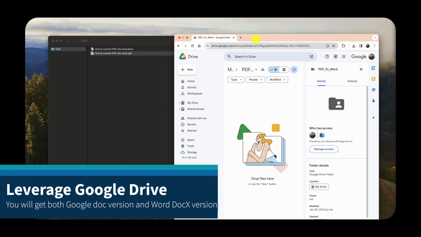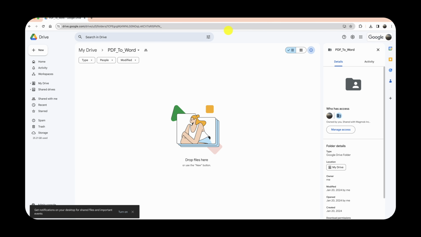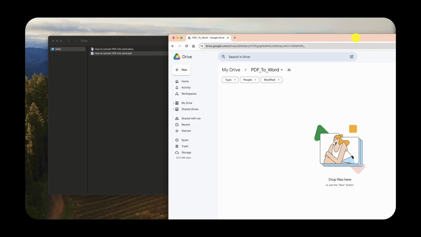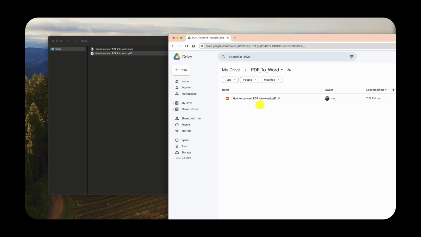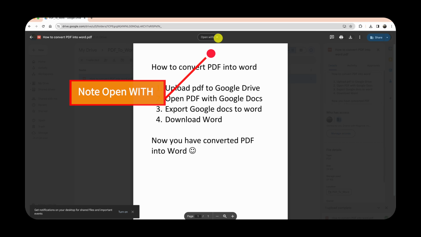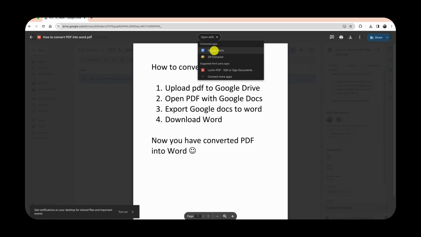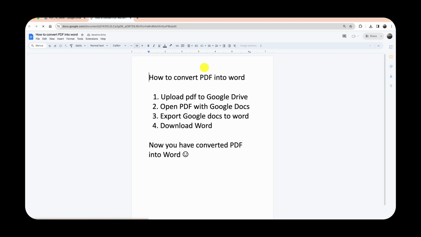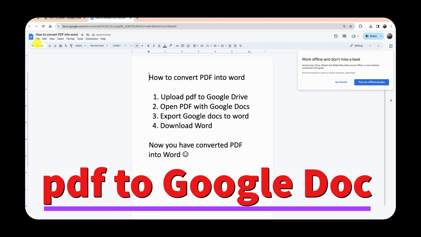Just go to Google Drive and upload your file over here. Let's do it one more time, and here is the file. And then what you can do is you can click on the PDF file and then click on this open with Google Docs. So now you have converted the PDF file into a Google Doc file, and from Google Doc you can now